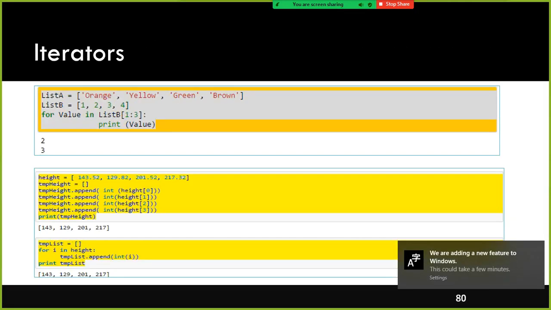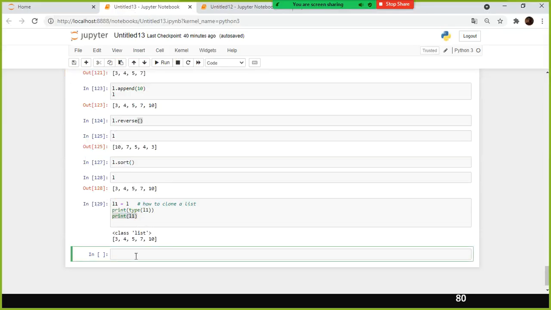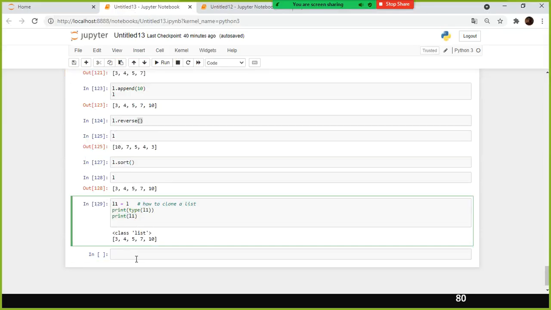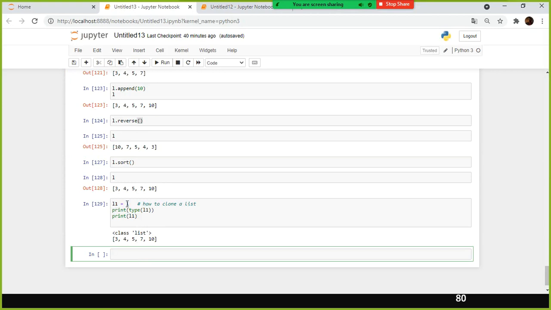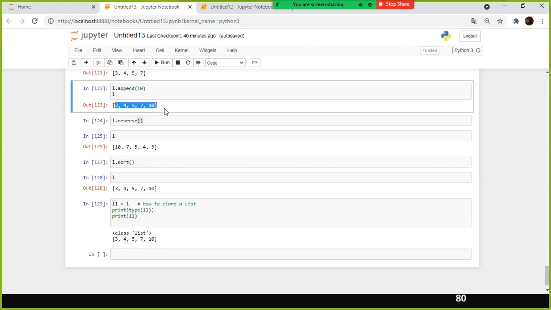And tuples. What else we can do is this. Supposing I wanted to print each value one by one. In the list L, I have 3, 4, 5, 7, 10. If you wanted to copy to another list, you will have to do this, very simple.